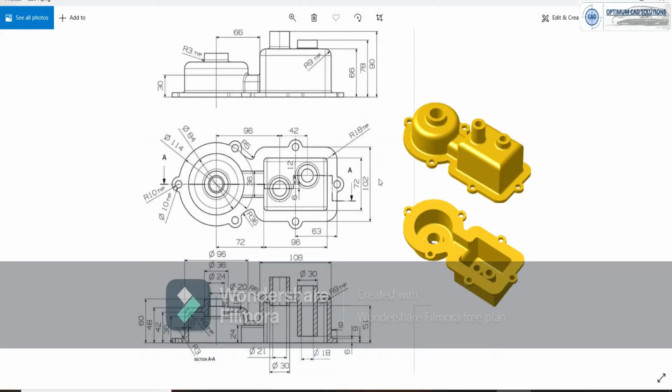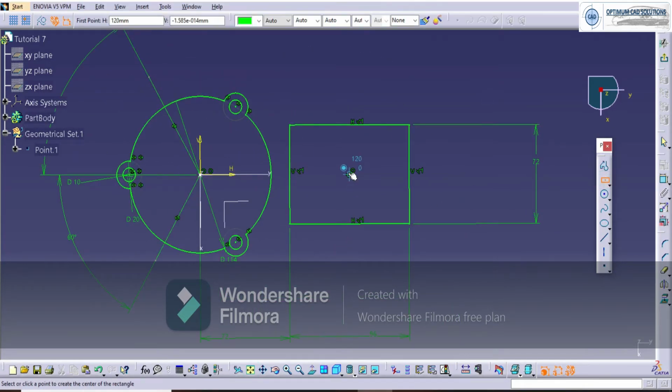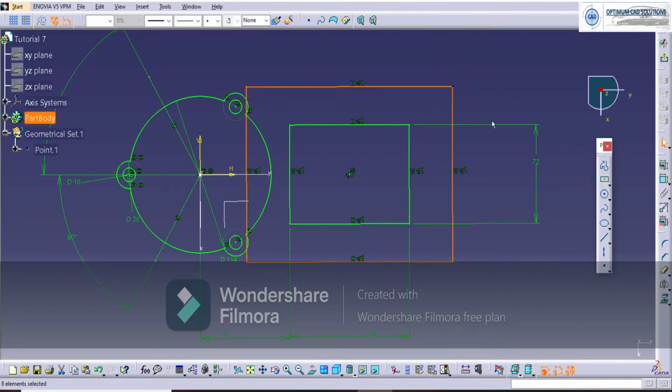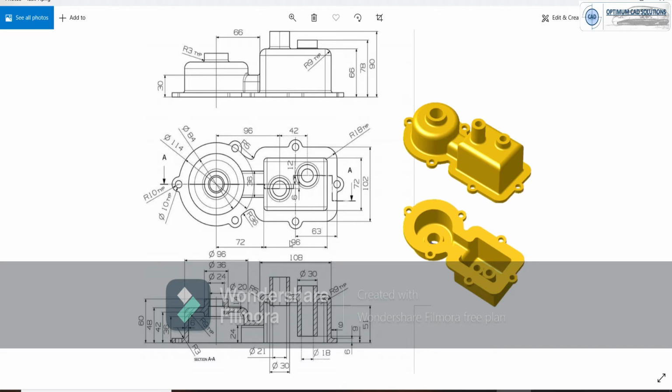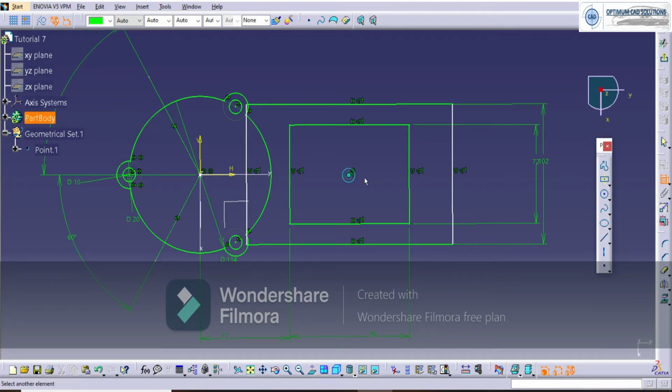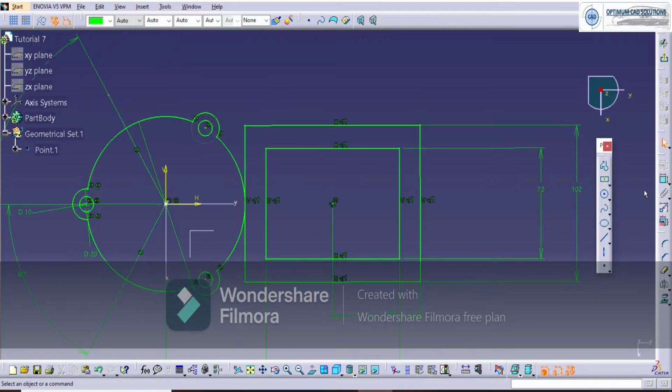So now we have to draw the right-hand side part, that is the rectangle of 102 mm and 96 mm, having the basic dimensions. First of all we'll take a rectangle with the same center. So this is the outer rectangle which has 102 mm, and this is 63 mm from the origin. From the center of the rectangle, this is 63 mm. So now we have a task to join the circle and rectangle to each other.